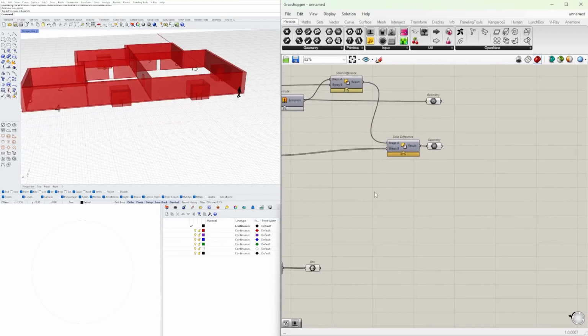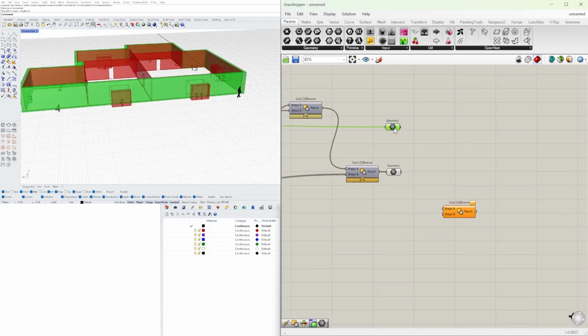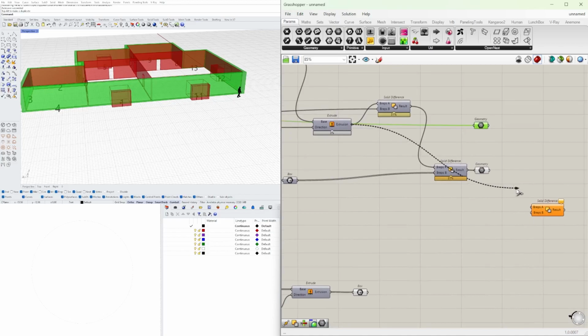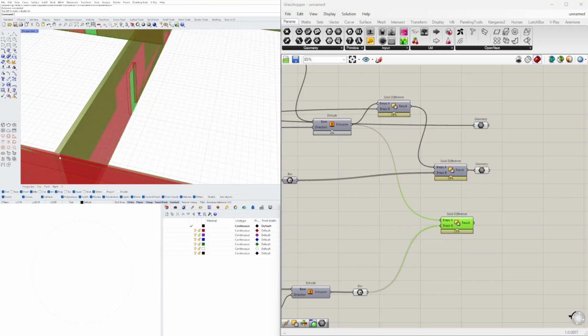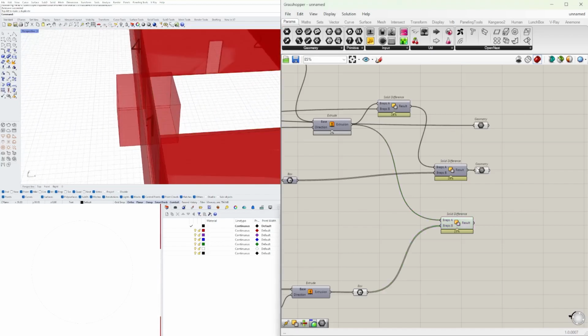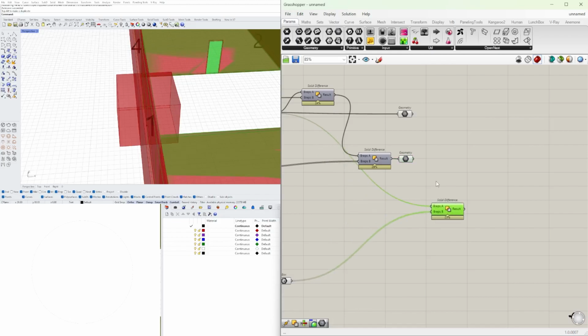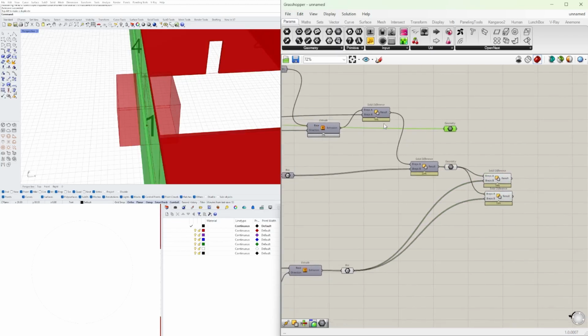Now we can do a solid difference between the outside. We actually have to do Boolean difference on all of them. So we need to do Boolean difference on the interior walls because it creates this little bit. Oh, actually, it has to be on this one because this is the one that's already been subtracted from. And now we'll do the outside one, which is this one. So now everything here